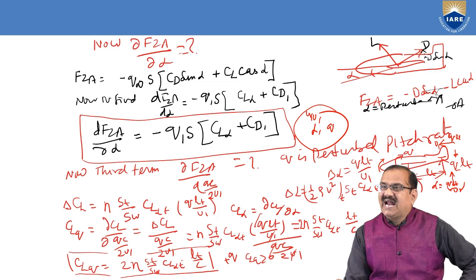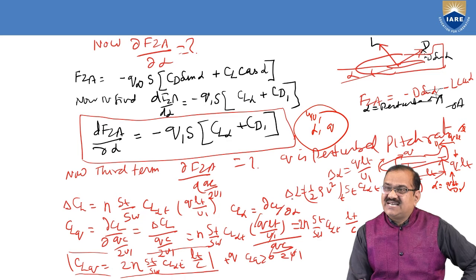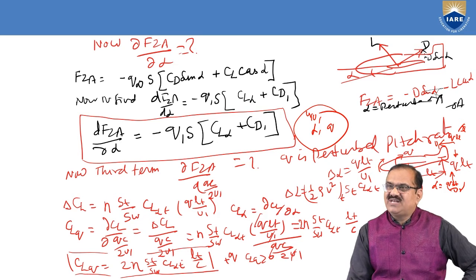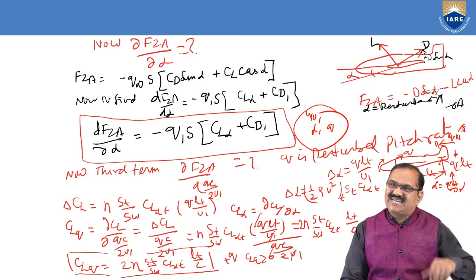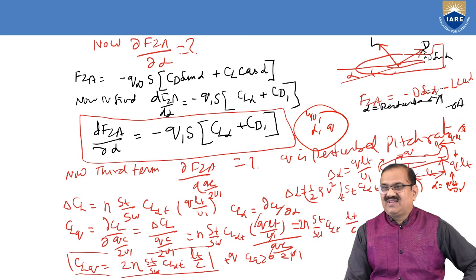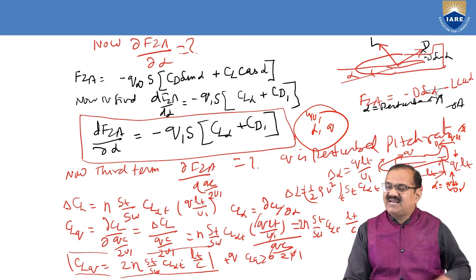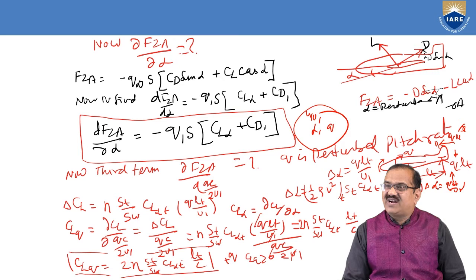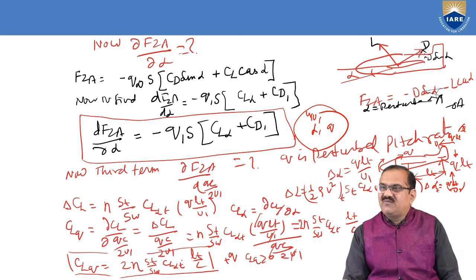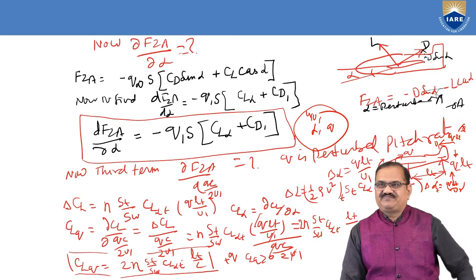So how much is this ΔL generated? This ΔL is equal to half rho V squared at the tail, St, CLαt into αt, and αt is how much? q lt/u1. Here you see in our steady state case we have not taken q. There we have taken CLαt into αt, but here, due to this q, there is a change in αt, and this Δαt is equal to q lt/u1. So here we have put q lt/u1.